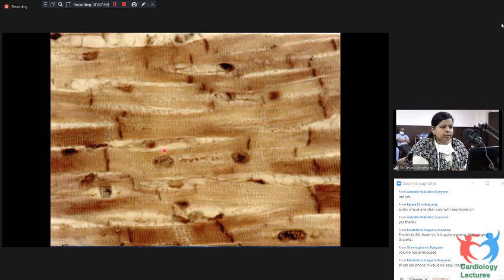This is a scanning electron microscopic view of the pericardium. You can see the surface lining by mesothelial cells, and there are adipocytes in between, and these are the reticular supporting fibers. Here you can see the cross section of a coronary artery, and you can even see the inner elastic lamina very clearly. And this is the endothelial lining of the coronary artery.